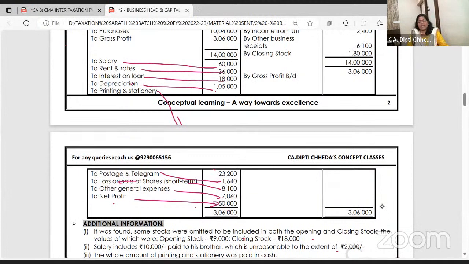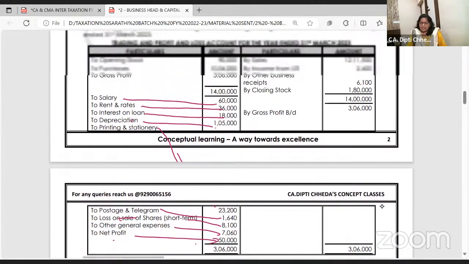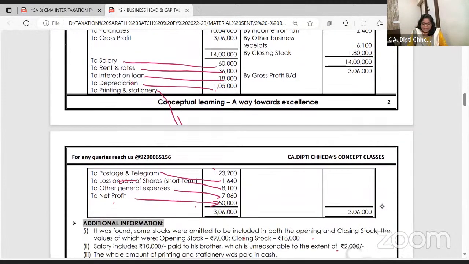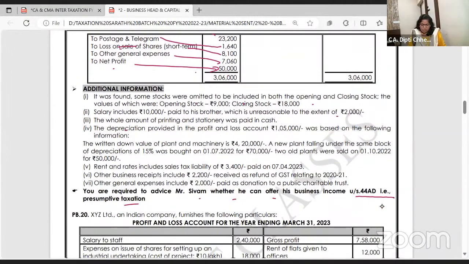You are wasting your time if you have not taken the printout from Telegram. Trust me when I'm saying, hold your hand. On the left hand side, I'm giving you the mindset to read the problem in exam. In credit, whatever is not useful, remove, reduce the income. In debit, whatever expenses you have debited, but these expenses are not allowed, what will be the impact on profit? Add. And then we will go to adjustments one by one.